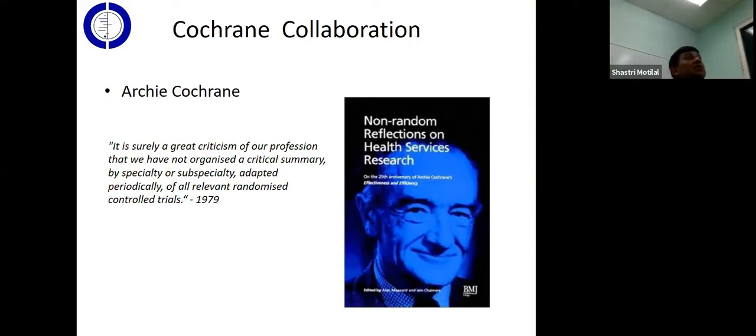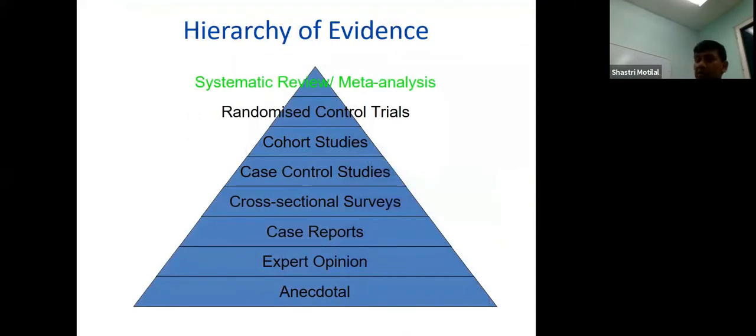Maybe some of them found a difference, maybe some of them did not find a difference. So it was his thinking that we cannot practice medicine based on the results of a single study. We should try to find all and put them together. And the systematic review was born. Just to remind you where the systematic review is at in the hierarchy of evidence, at the very top. The study that carries the greatest strength in medicine is a systematic review. And by the end of this short lecture, you'll understand why, right?